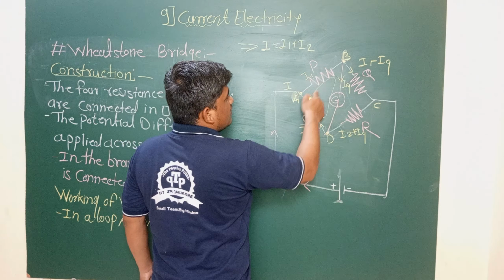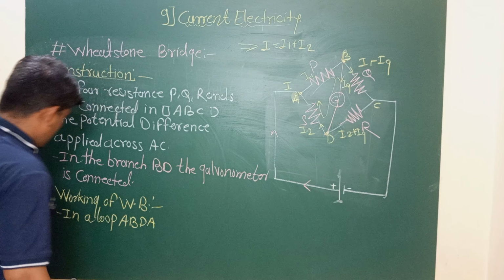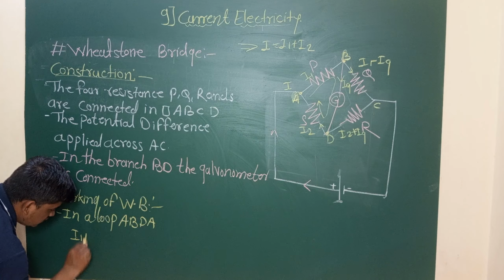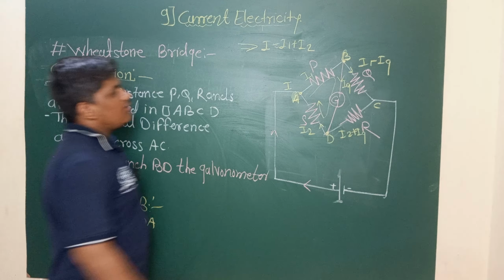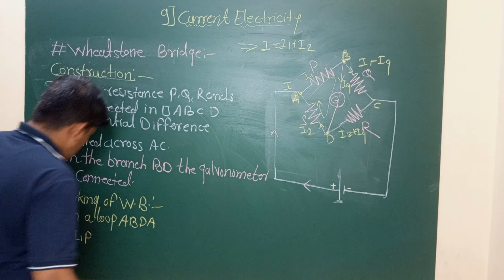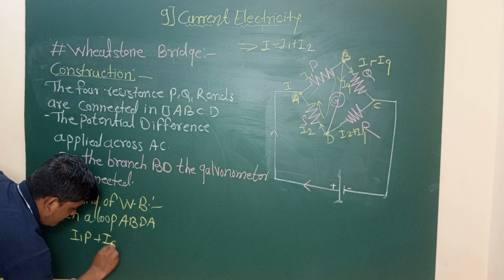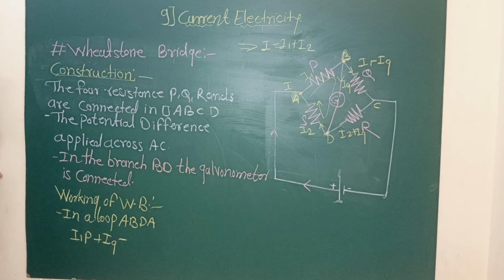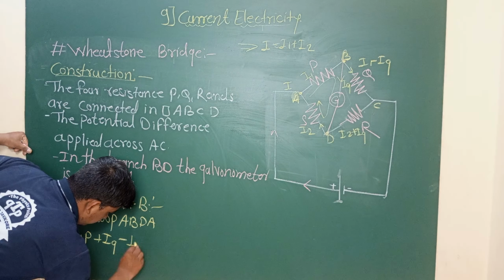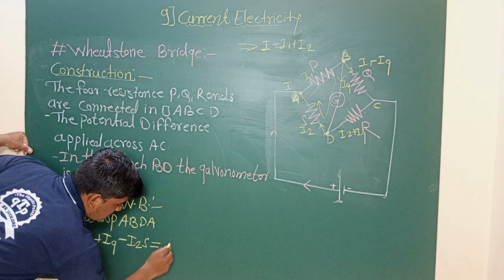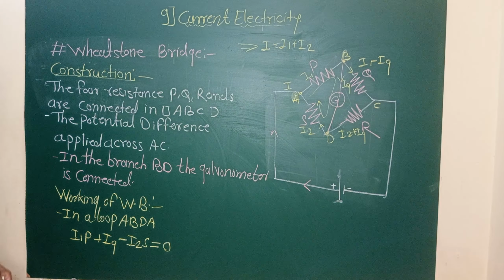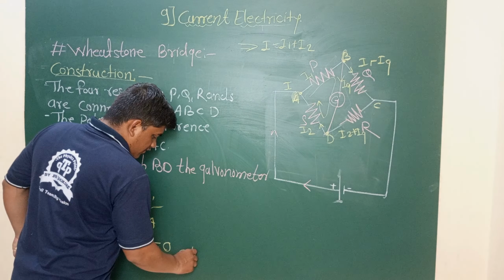I1 and P are in a similar direction to the loop, so this must be taken positive: I1 P, and the second one is I2 plus Ig minus I2 into S, this must be equal to 0, from the second law,